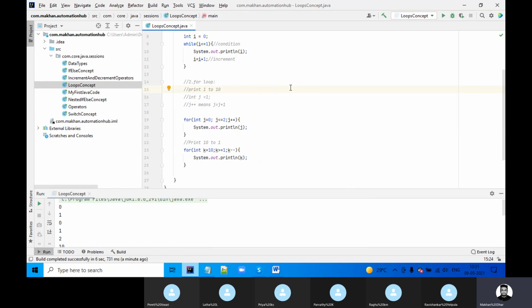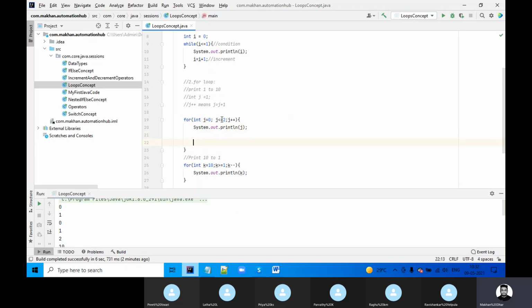Okay, I got it. Let me explain. What is the current value of j? It's 0, right? So the first time when you print the value of j, it should be 0. Then it is going to increment. Plus plus will always increment by 1.